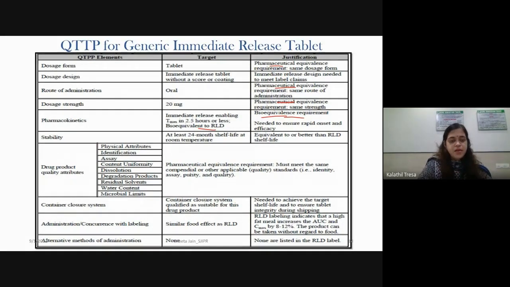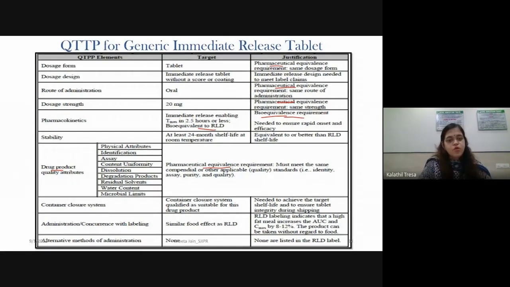Then drug product quality attributes like physical attributes, identification, assay, content uniformity, dissolution, degradation products, residual solvents, water content, microbial limits. These are all the quality attributes which your drug product should have. Those also are pharmaceutical equivalence requirements in case of your generic formulations.